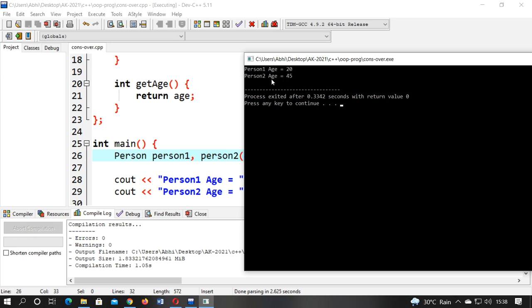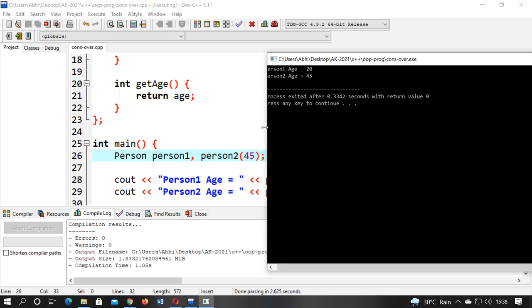Then it will print the value 45, whatever value I have passed in the argument list. So if we pass 35, then it will print 35 over here. This is how we can create multiple constructors in a single program. That is called constructor overloading, or multiple constructors in a single program.